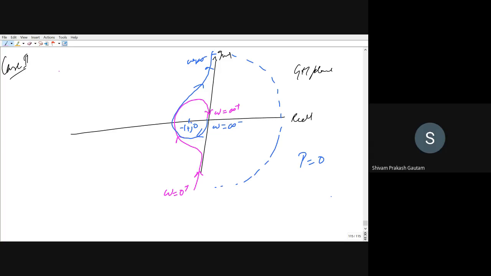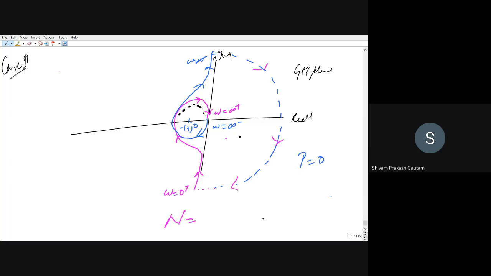Am I audible properly, all of you? Okay, see the direction. Now tell me, how many encirclement of the point do you see? Am I audible properly? Yes. Okay, so see the smaller circle first.